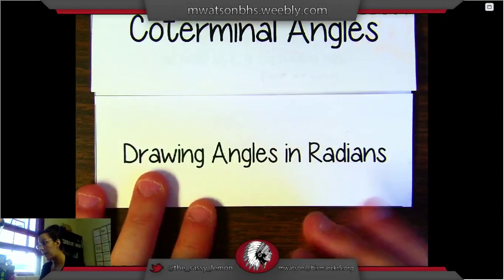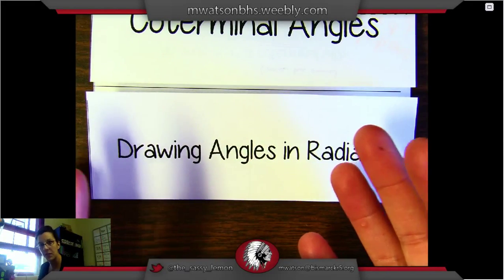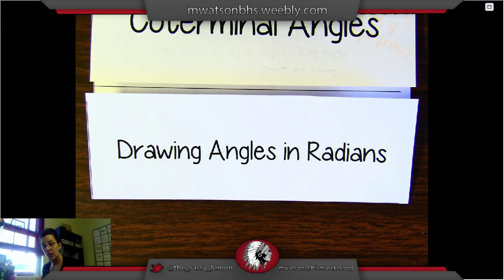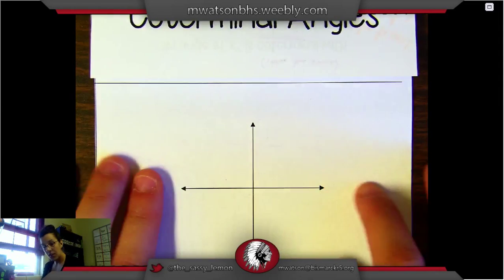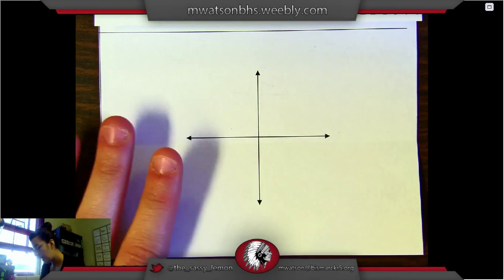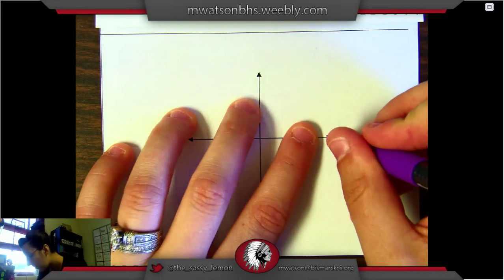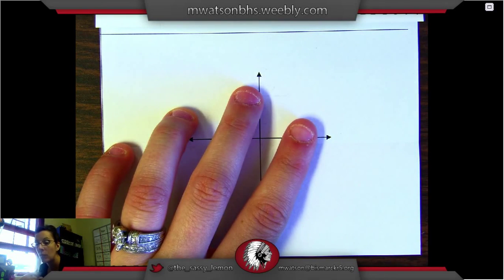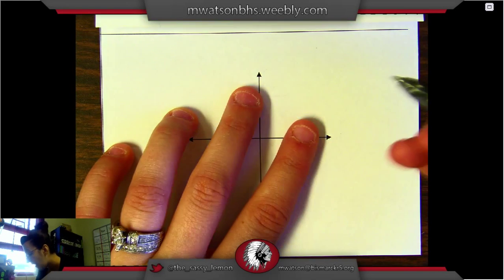Now that we've talked about coterminal angles and we were just working in degrees, now we're going to shift gears, and for the first time I'm going to teach you a little bit about drawing angles in radians. So if you open up this tab, all you have is a blank coordinate grid, and really small, we're going to go ahead and, just for the sake of bridging the gap from one math language to another,